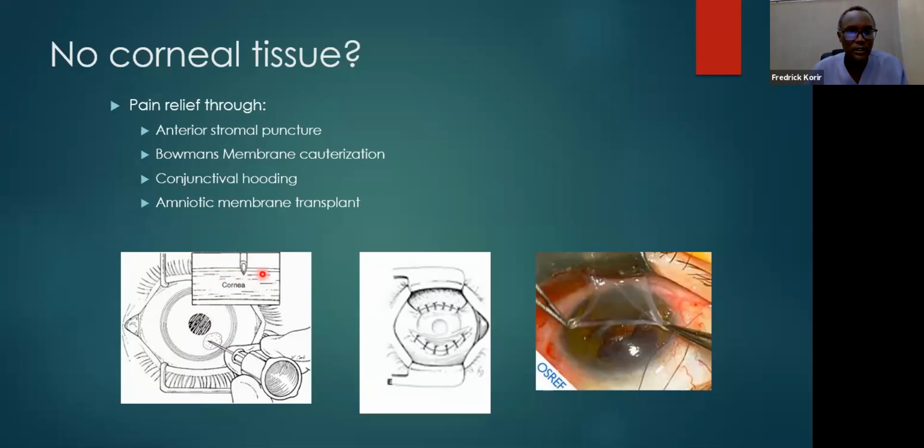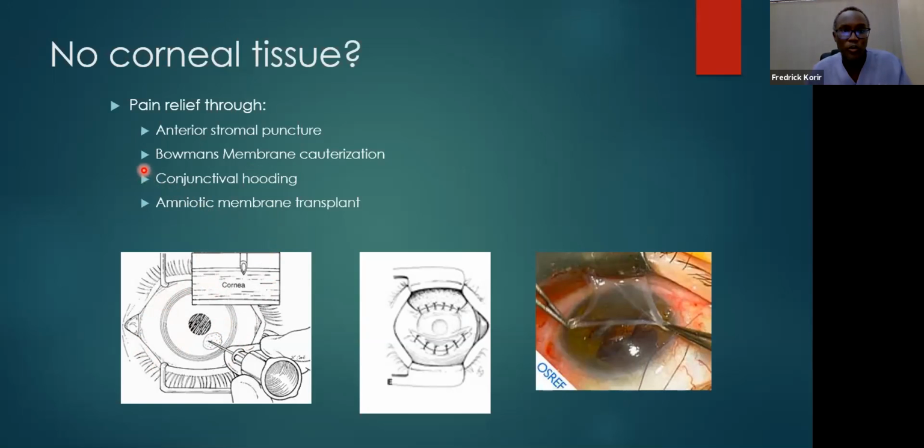I try to do it in theater more, just for patients' comfort a lot of times. And this we do also for patients with pseudophakic bullous keratopathy, where you don't foresee yourself having a cornea tissue anytime soon. Once you do this, the patient develops scarring. It's basically fast forwarding the patient to forms of epithelial scarring, so that you give them comfort as you wait for cornea. For those patients, you're eventually going to need penetrating keratoplasty